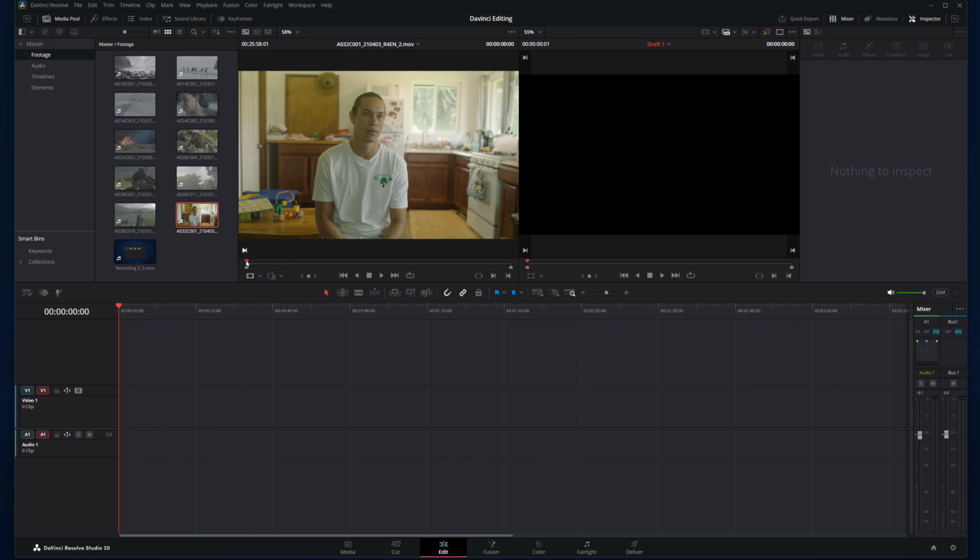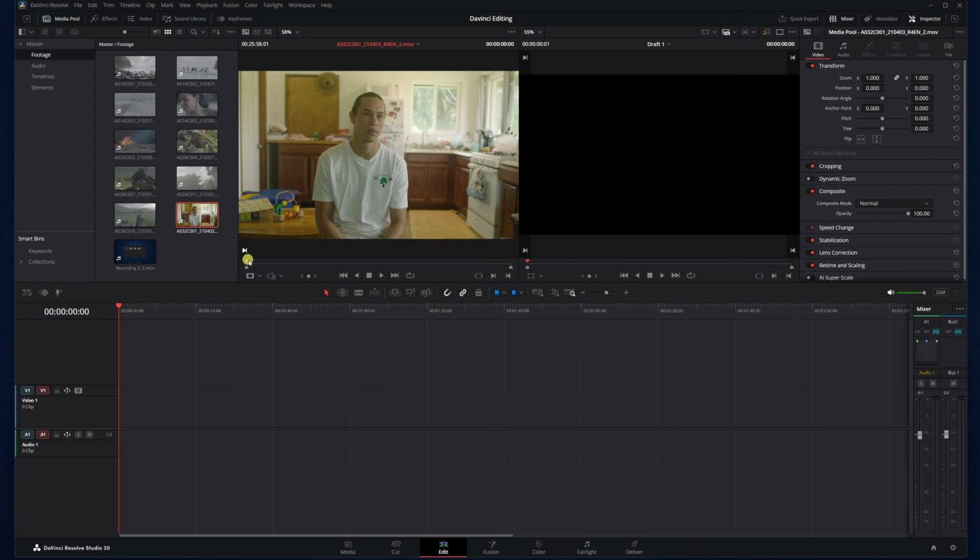To place clips into your timeline, first you want to find your in and out points. And you can do that either by moving the playhead forward here, pressing play, stop, or back here, and scrubbing with this jog wheel. You click on it with your mouse, and when you move your mouse to the right or to the left, you're scrubbing the footage forward and backward. I'll bring it here, and we're going to set an in point with this button here. You notice this little white marker moves over.